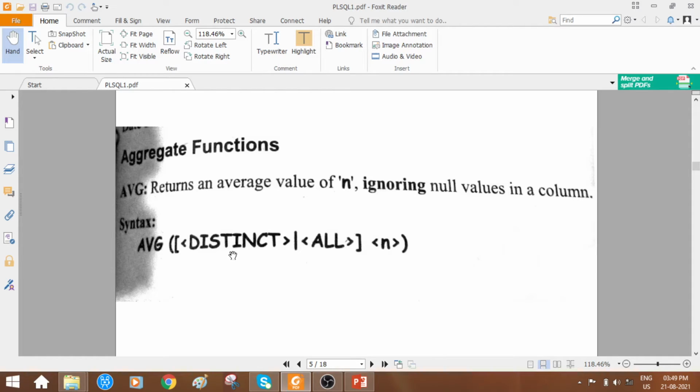Each student has their own marks for the particular subject. If the lecturer wants to get the average marks of a particular subject, for example, you are studying C++, DBMS, Internet of Things, basic mathematics, like this many subjects.